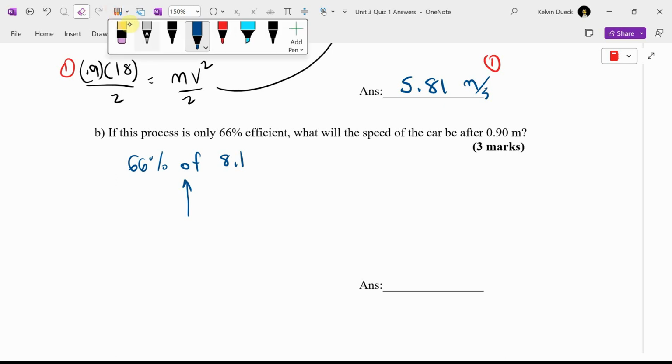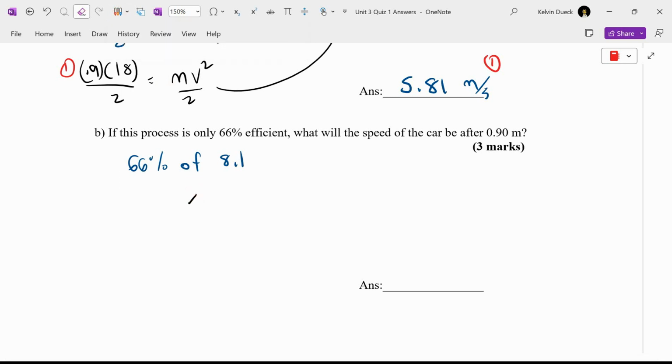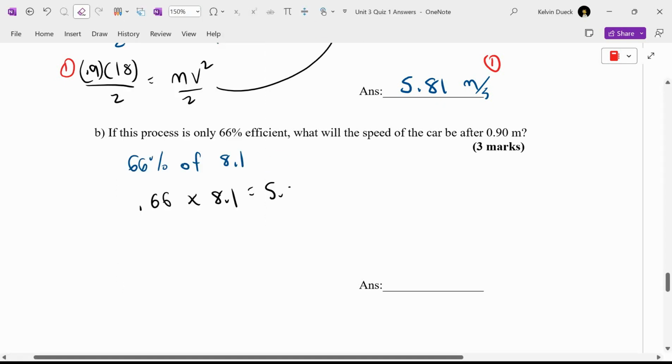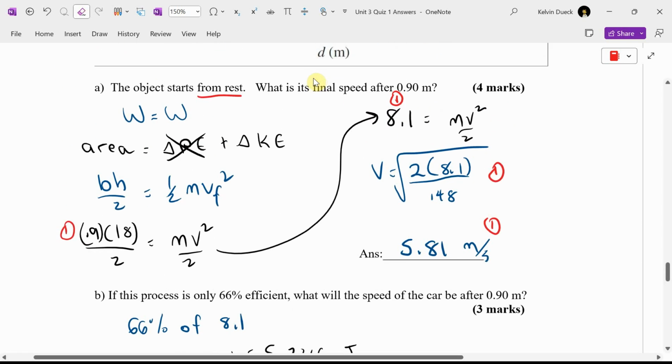So I'm going to go times, except is it 66? No, what do you have to do with a percentage first? Make it a decimal. Now I have 5, and I'm not going to round this off. I have 5.346 joules to play with. And now it's going to be a repeat. In fact, I'm going to go back to right here, and I'm going to say it's the same thing, but instead of an 8.1,